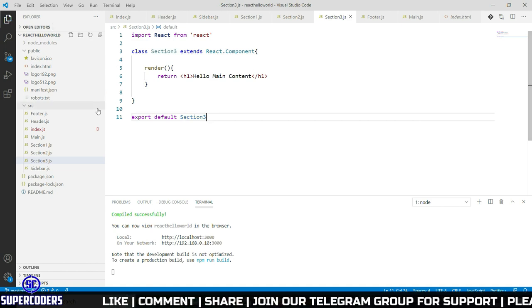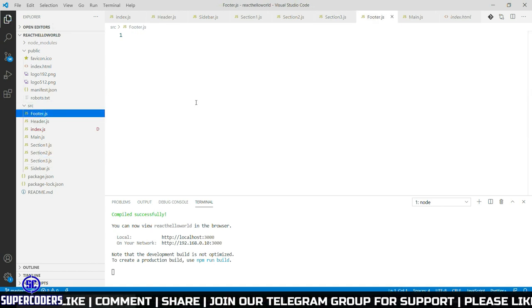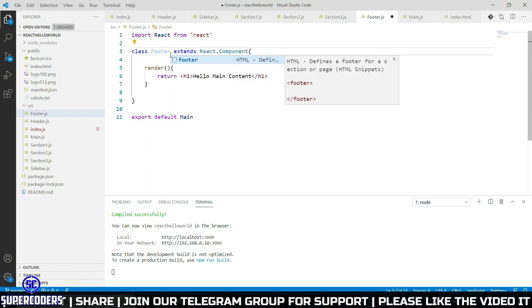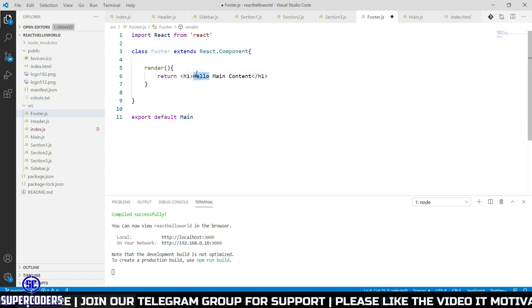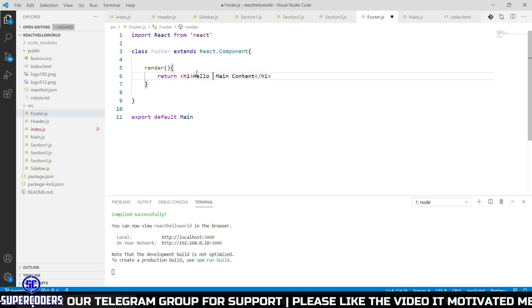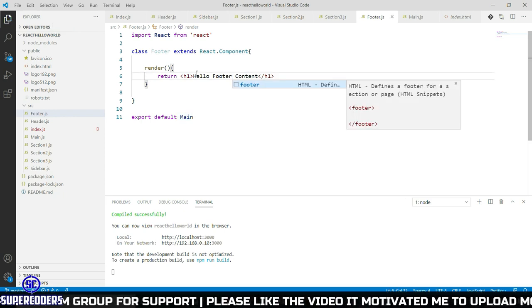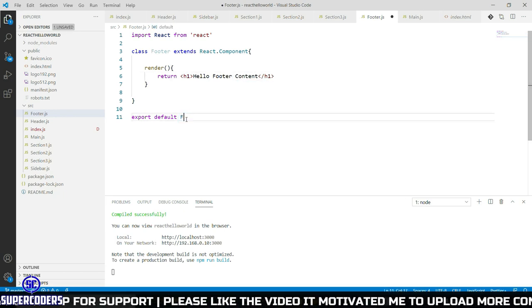Save this page. So let's see again come to footer, paste the code, footer hello footer content, change it to footer.